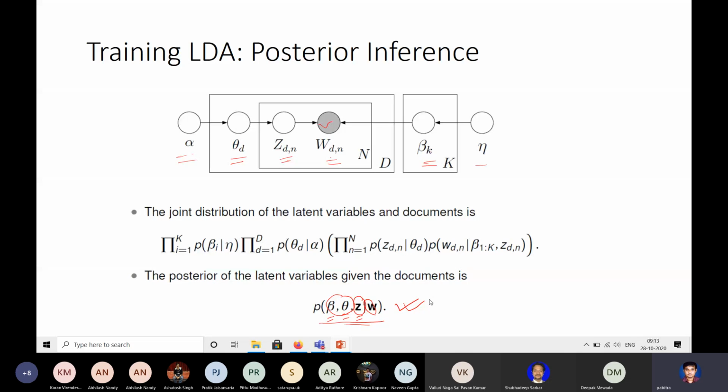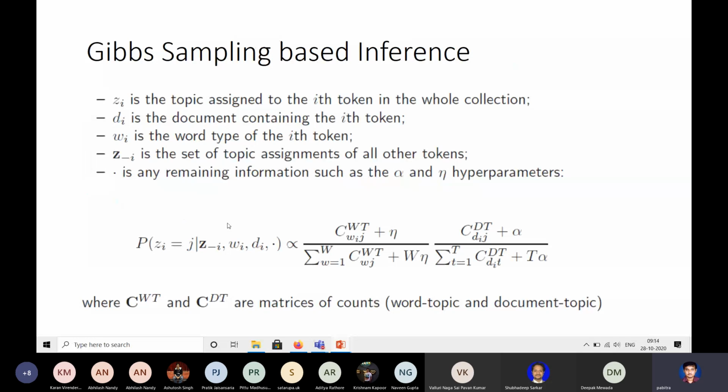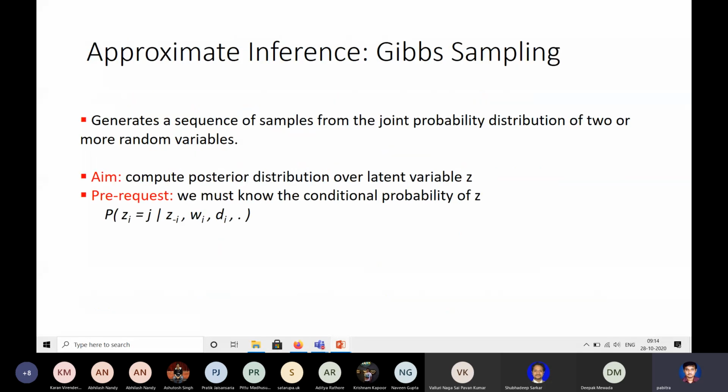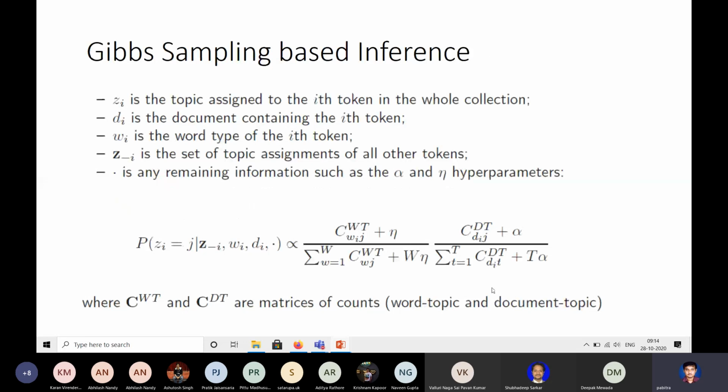So you know in Gibbs sampling, if we have this posterior probability, we can estimate it the following way. We know the conditional probability of Z given the rest of the words. That is what Gibbs sampling does, with the observables and the documents. And I am again not doing the full Gibbs sampling derivation. The derivation is a bit long. You can consult the textbook, where the entire derivation of the Gibbs sampling steps for this joint model is given. I'm not going to that. I'll give you the final result.